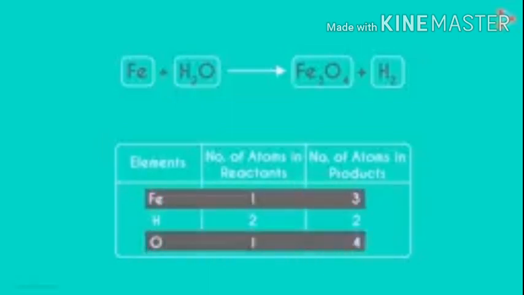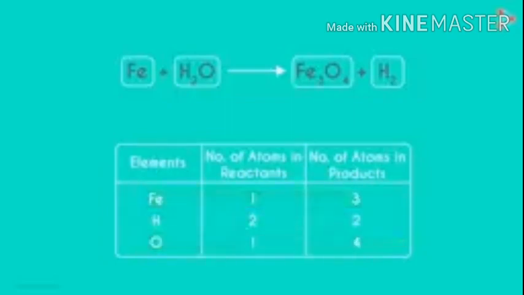How to balance? From where shall we start? Which element should be taken first? There are many questions now. So let's start. It is often convenient to start balancing with a compound that contains the maximum number of atoms. It may be a reactant or a product. In that compound, select the element which has the maximum number of atoms. Using this criteria, we select Fe3O4 and the element oxygen in it. There are 4 oxygen atoms on the right hand side and only 1 on the left hand side.